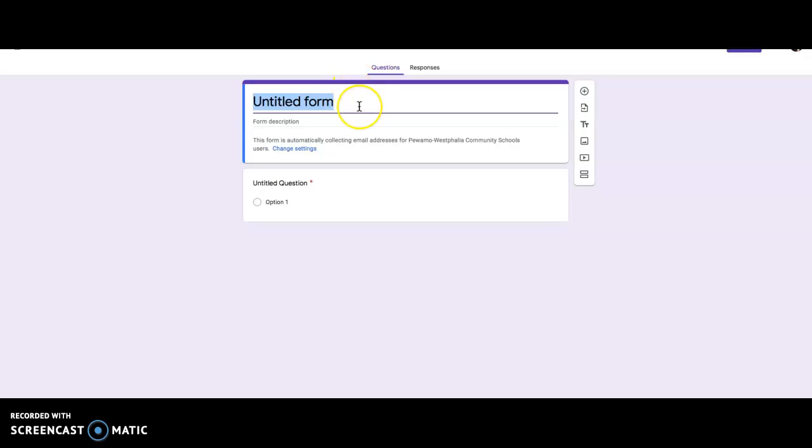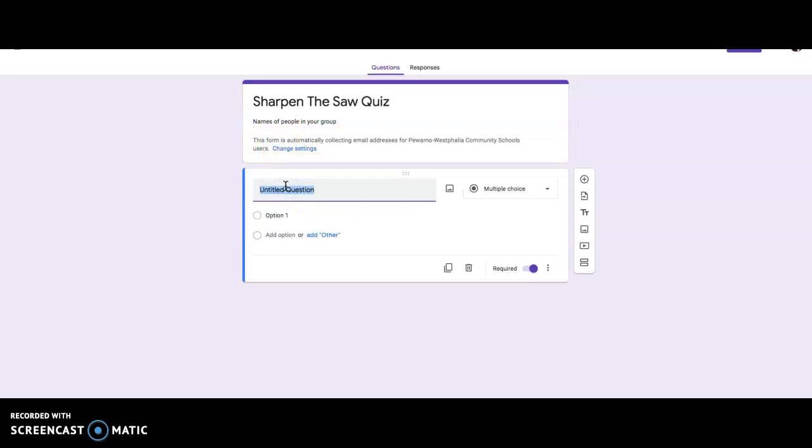You're going to name it. Let's see, one of them is called Sharpen the Saw Quiz. So whatever the name of your habit is, you're going to name it that, and then quiz. Right here in description, you're going to put the names of people in your group. Notice it already has a question here. You can type a question,